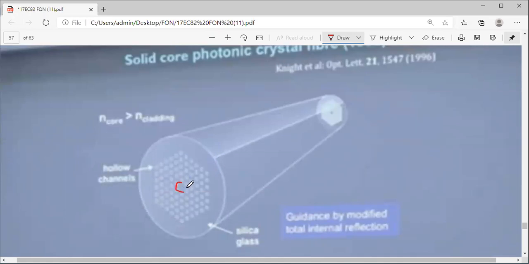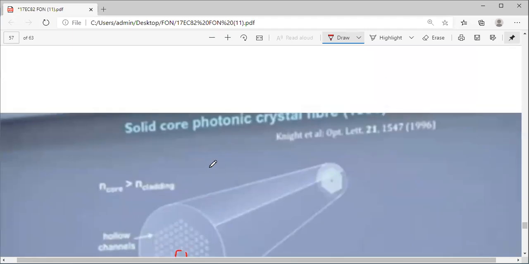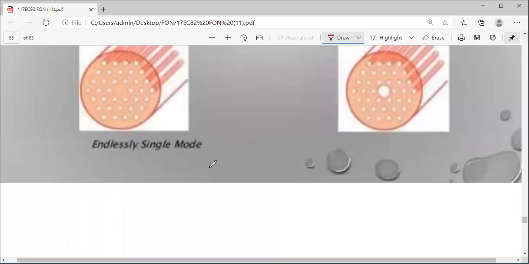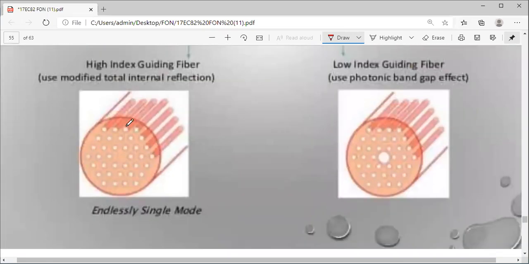At the center, you don't have a separate boundary kind of core, but at the center you have no holes, which indicates your core, which has higher refractive index. Here it is clearly visible: at the center you have a core.